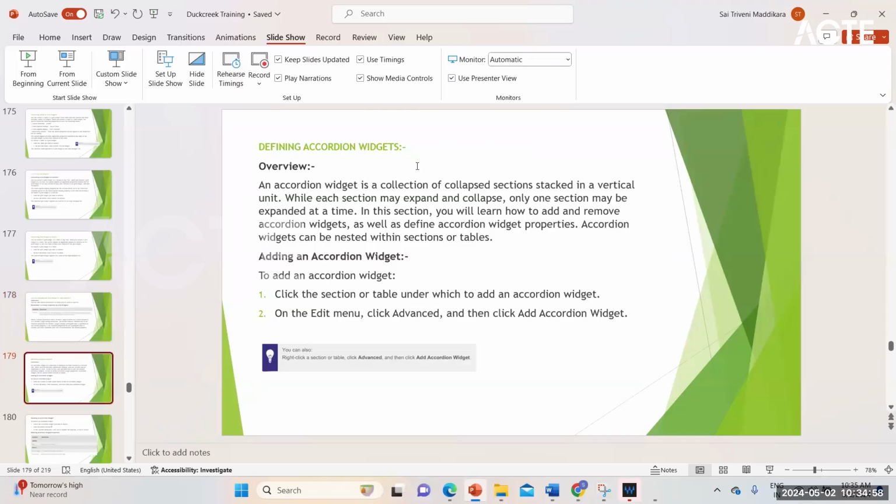Now defining wizard. What is a wizard? A wizard is a collection of collapsed sections stacked in a vertical unit. While each section may expand or collapse, only one section may be expanded at a time. Wizard in the sense like